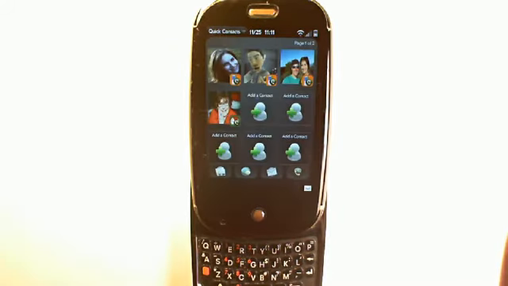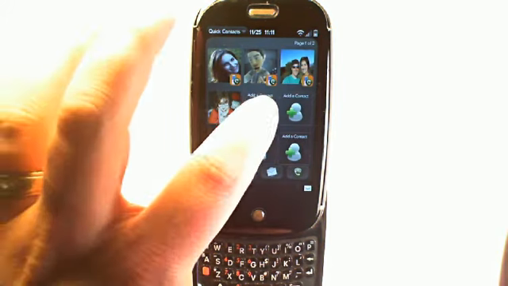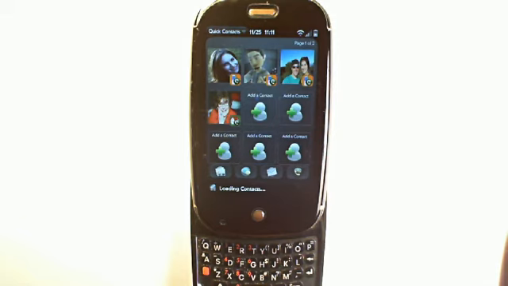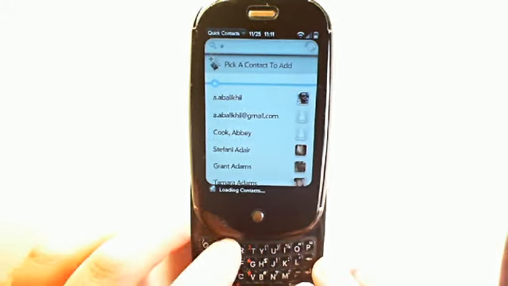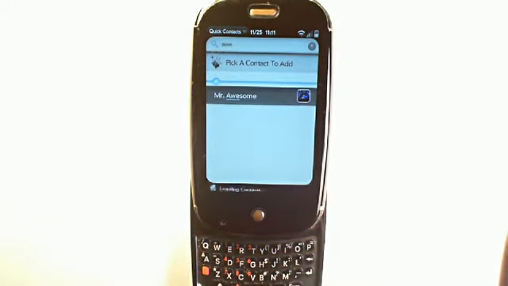Next, we're going to move up to our most expensive option. It's only $2.99, so we're not talking a whole lot of money here, but this is Quick Contacts from Silver Spoon Software. You can see we bumped up the polish and the quality a bit. Here we have a bunch of icons for your people. Here we can add a contact. We'll add Mr. Awesome yet again, and you can see that we'll add his